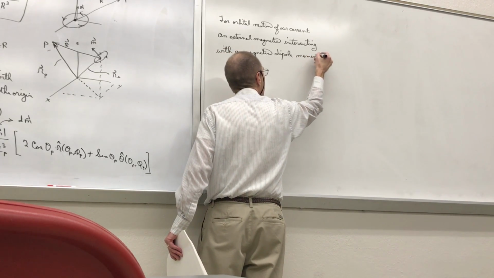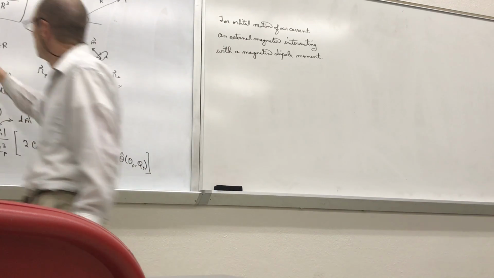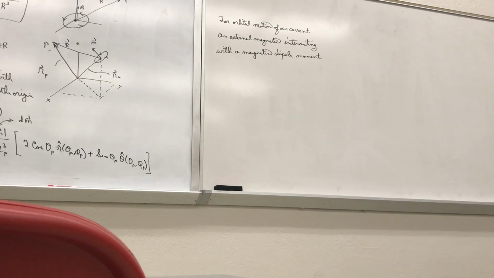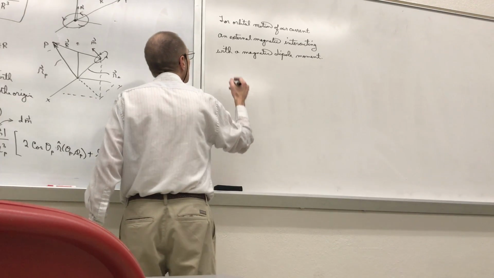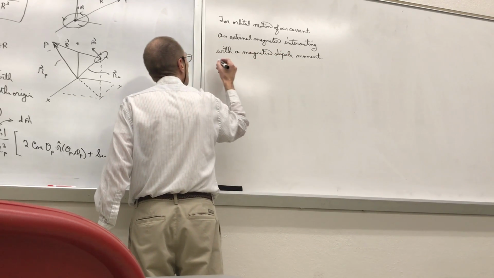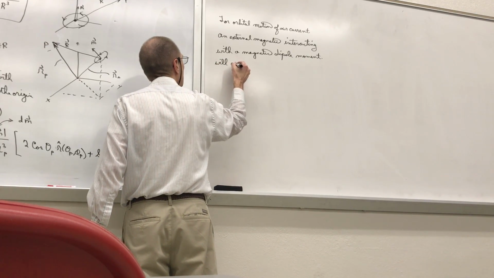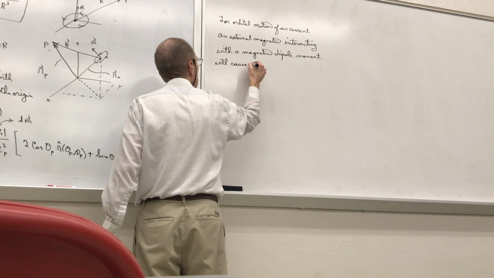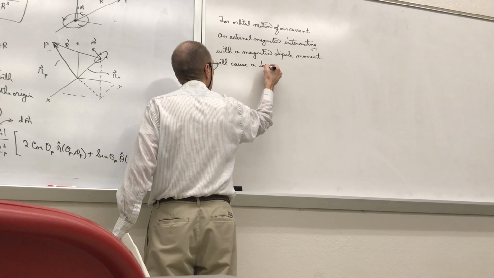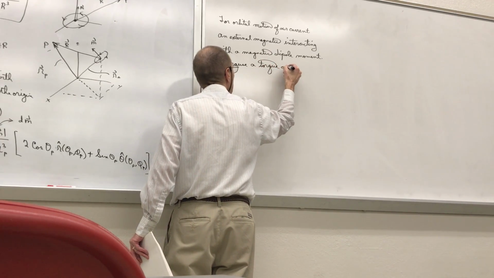And basically a magnetic dipole moment is a second current. It's basically a representation of a second current and a representation of orientation. Interacting with a magnetic dipole moment will cause a torque on the dipole moment